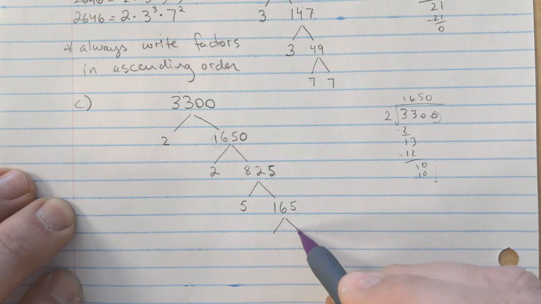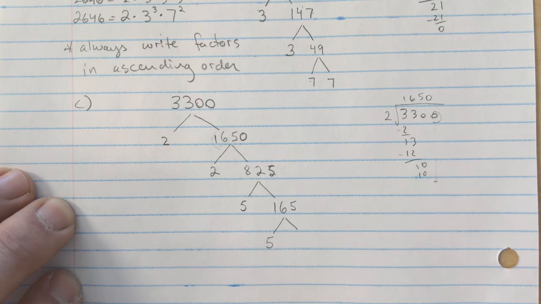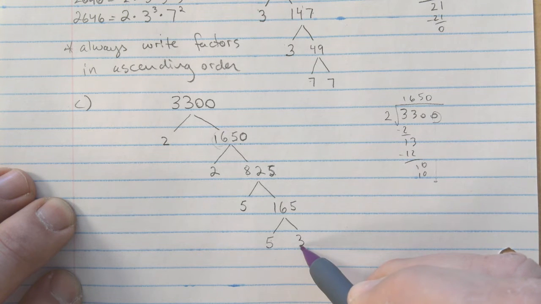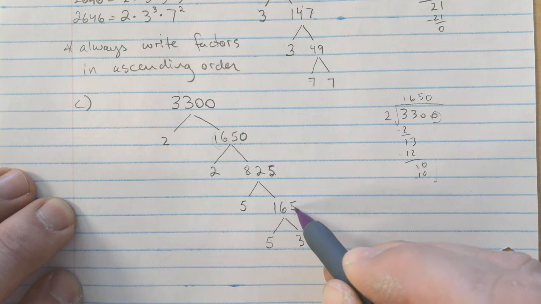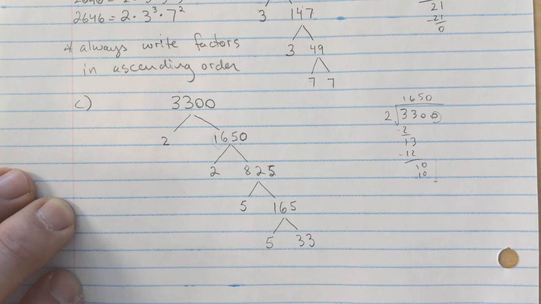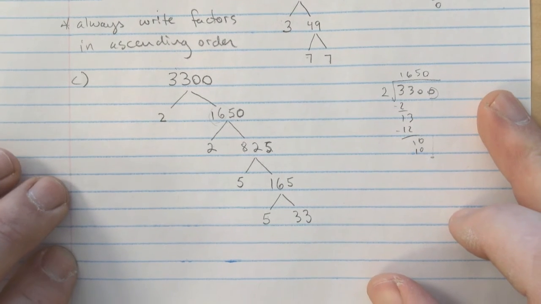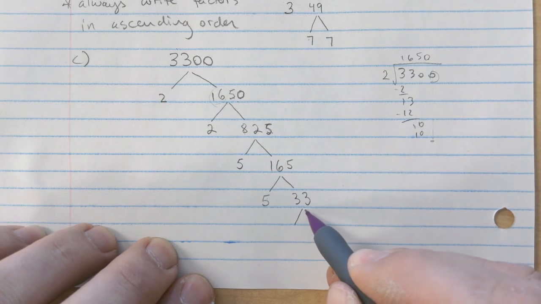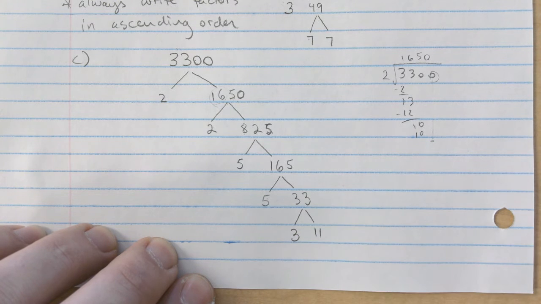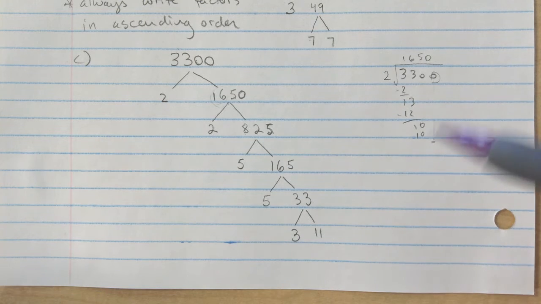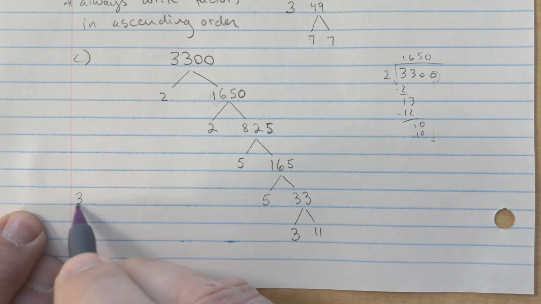I still see that it ends in 5, so I'm going to go with 5. 5 goes into 16 3 times. There's 1 left over, meaning that there's 15 here. It goes in there 3 times. 33, once you get to the end, you should recognize that 3 times 11 are the 2 prime factors for it. So 3300,